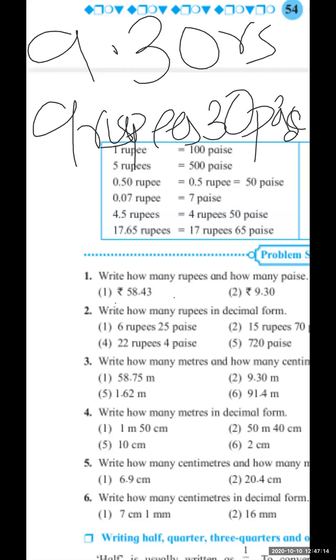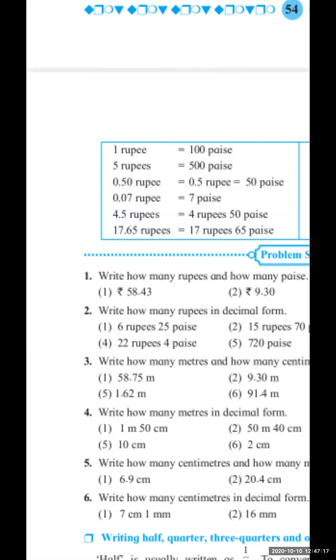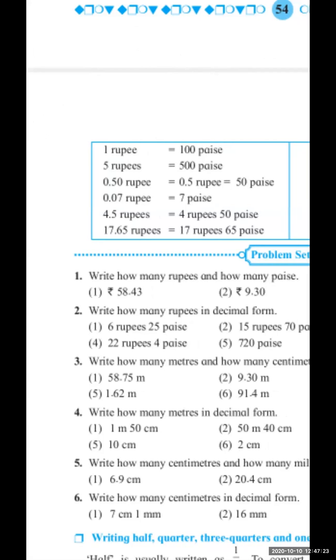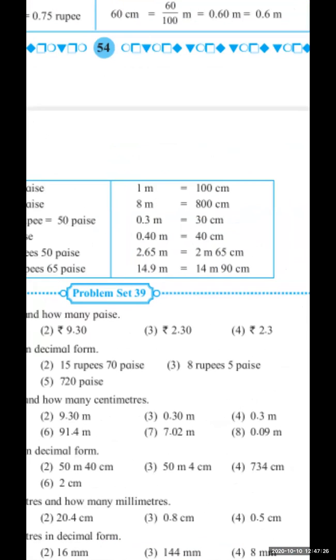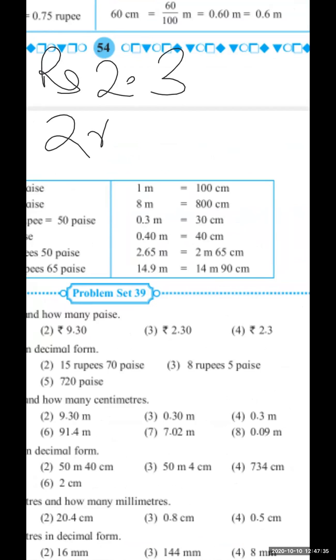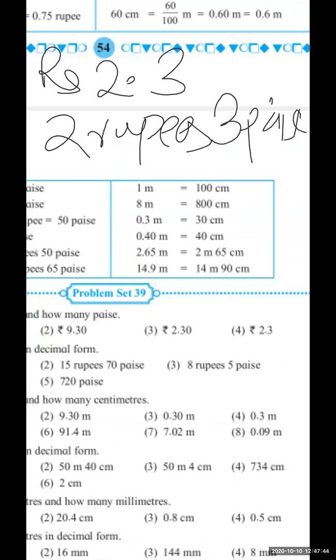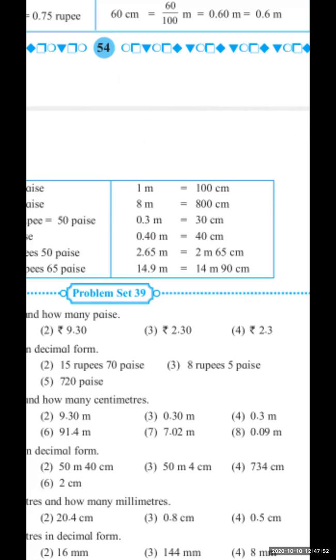सबको समझ में आ रहा है? My handwriting is very bad here. Okay. Everyone understood this? Next example, 2.3 rupees. So here, how many rupees are there? 2 rupees. And पैसे, 3 पैसे. करेक्ट. इतना सिंपल सा है. हमें सिर्फ रुपीज और पैसे बताना है. जो डेसिमल पॉइंट के पहले है वो रुपीज है, डेसिमल पॉइंट के बाद है वो पैसे है. करेक्ट. सो 2 रुपीज 3 पैसे. करेक्ट. नाउ नेक्स्ट.